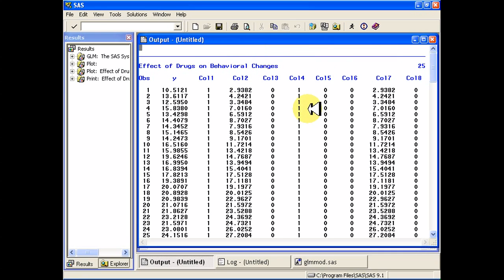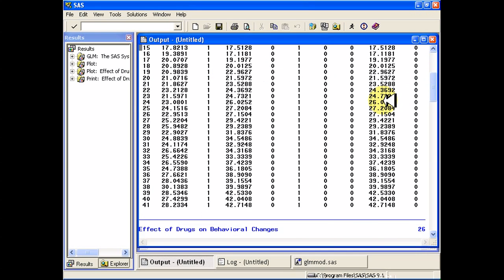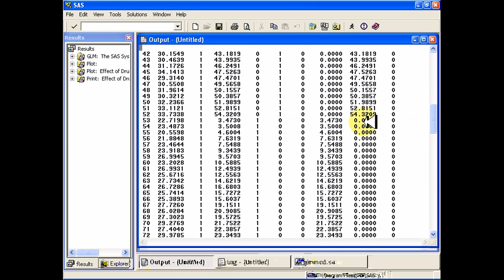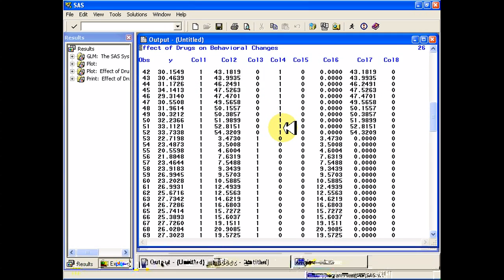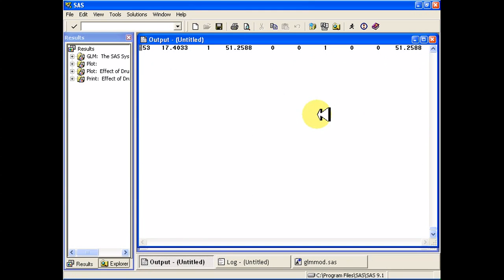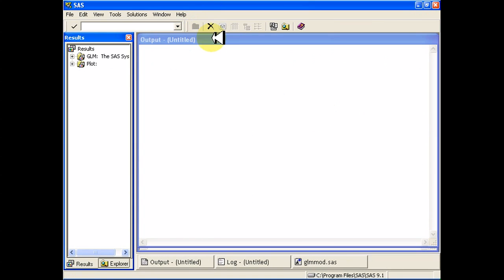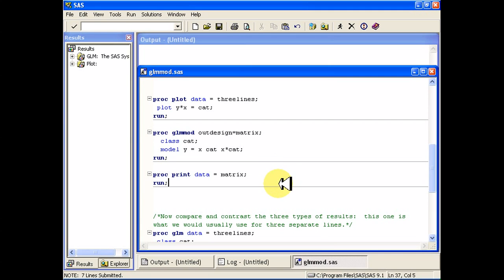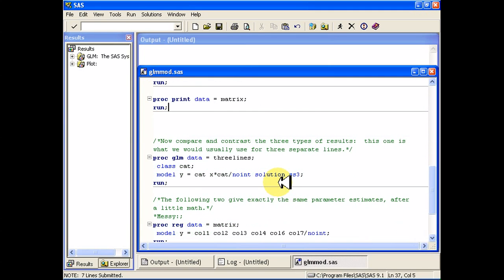So if I scroll on down, watch column 7, and it turns into zeros at the same time that column 4 does. So you can keep on going, and then eventually you get column 8 and column 5 to be something. Okay, so that's the idea. Now, of course, you're never going to use all of those variables in the same model, but they're there for